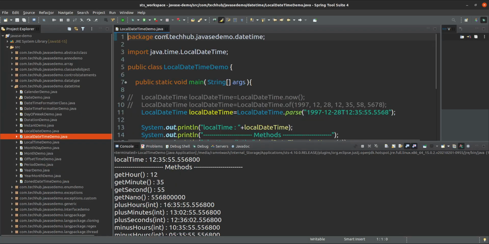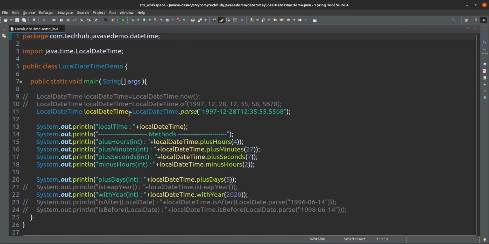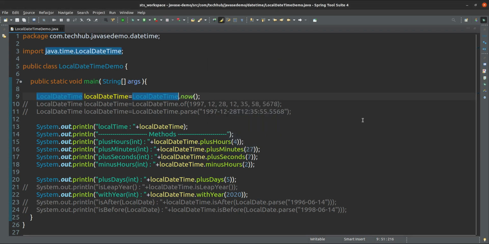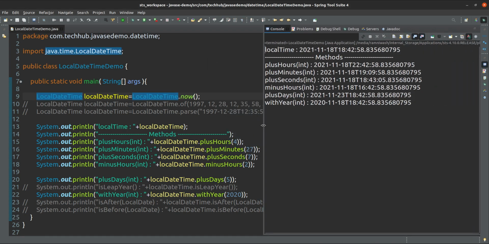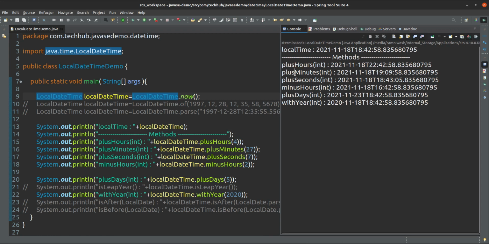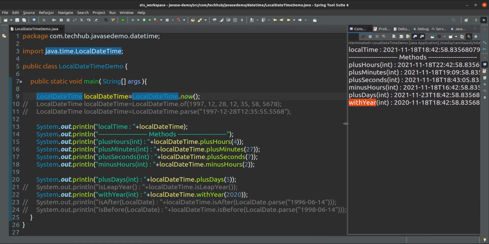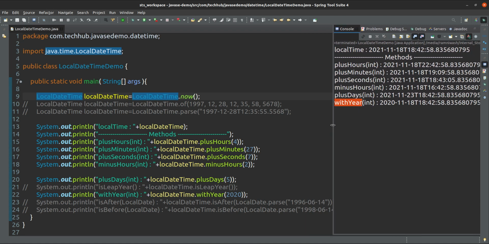Yes, LocalDateTime. While doing LocalDateTime, if we use now, first it will use the current system date. Using this current system date, if you see, the same methods will come: plusHours, plusMinutes, plusSeconds, minusHours, plusDays, withYear. Whatever methods we have seen in LocalDate and LocalTime are the same.